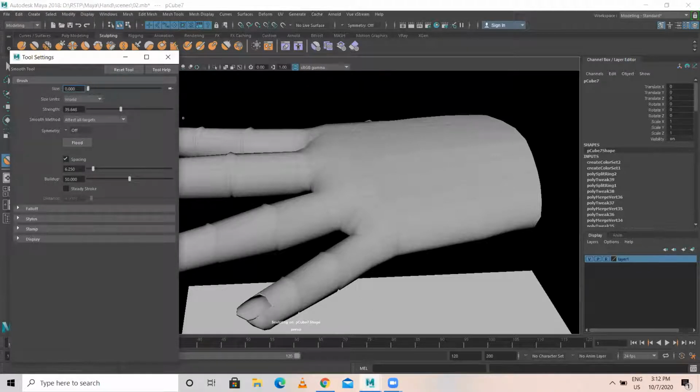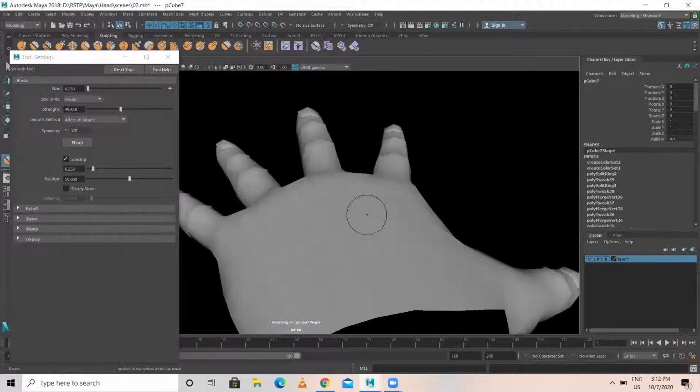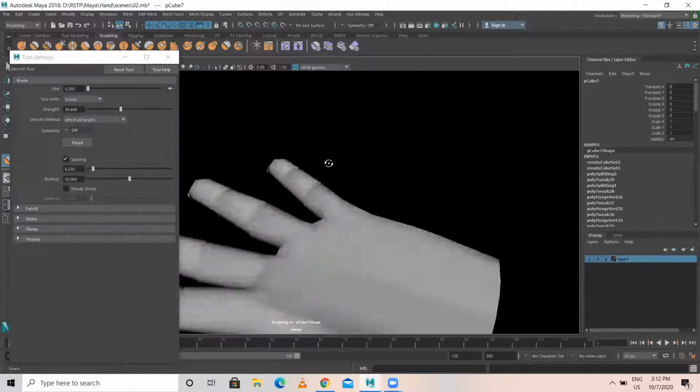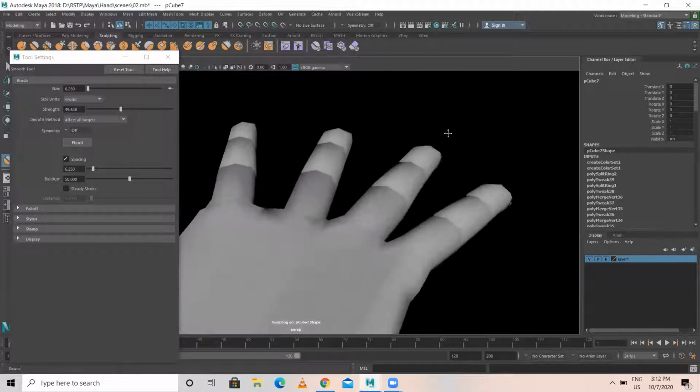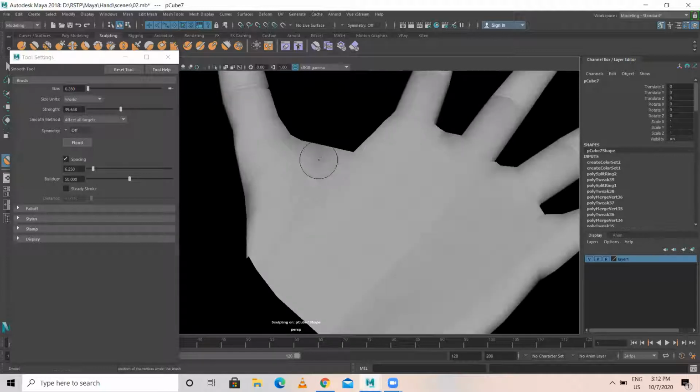Size you just reduce so that you'll get to know. Okay, reduce the strength.